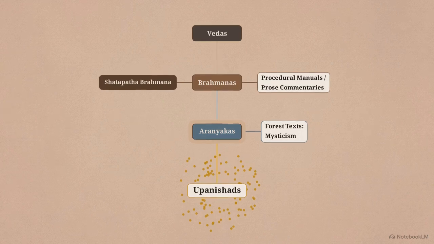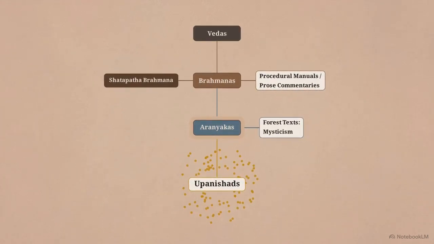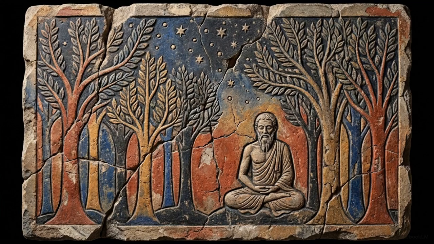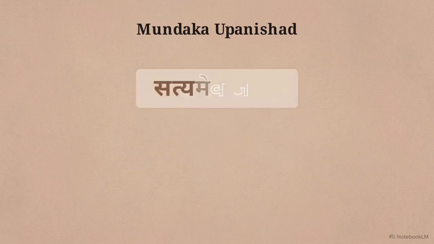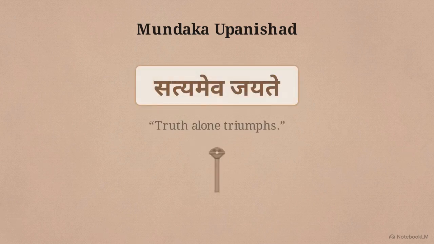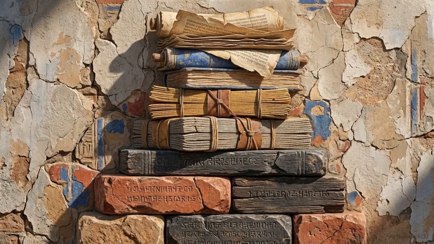This ideological evolution culminated in a final collection of 108 texts known as the Upanishads. The Upanishads moved beyond the mechanics of sacrifice to prioritize pure philosophy, exploring the relationship between the individual soul, Atman, and the universal reality, Brahman. Certain lines from these texts still dictate modern identity. The Mundaka Upanishad is the exact source of India's national motto, Satyameva Jayate, truth alone triumphs. This progression from the Vedas down through the Upanishads provides a chronological record of the ancient Indian mind as it